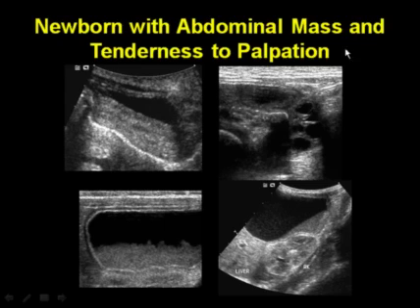Here's a newborn who presented with a large abdominal mass and tenderness to palpation. A transverse image of the pelvis shows a bladder almost empty. Here's a normal appearing left ovary. The normal right ovary could not be seen. This is a sagittal view of her uterus, which is quite prominent in the newborns due to more maternal hormonal stimulation. And here was a huge cystic lesion in the right adnexa that extended all the way up to the liver, as you can see on the sagittal view, and with a fluid level, just huge, extending from the pelvis all the way up to the liver.